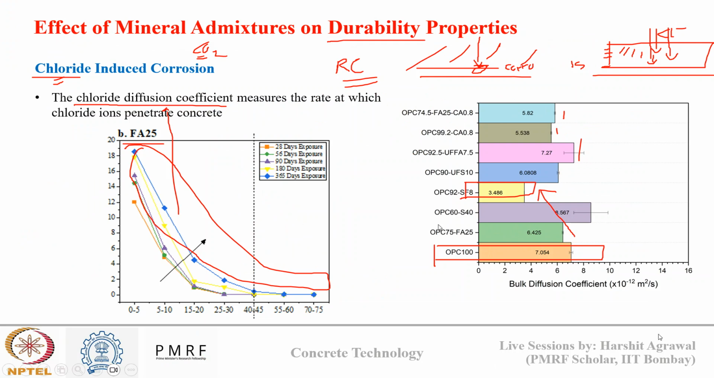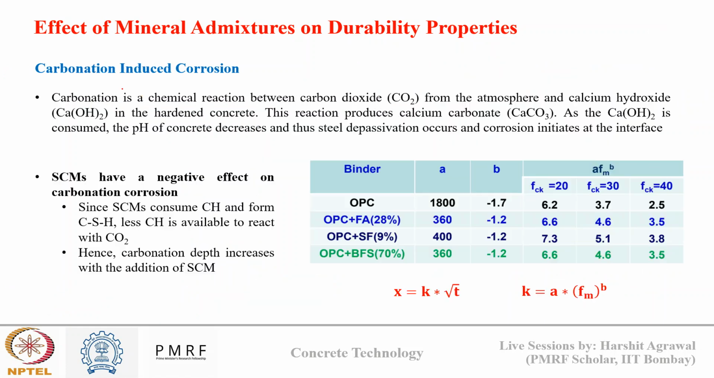So this is how my SCM are densifying the concrete and reducing the diffusion coefficient of chlorides. However, initially someone mentioned that since the calcium hydroxide is consumed,